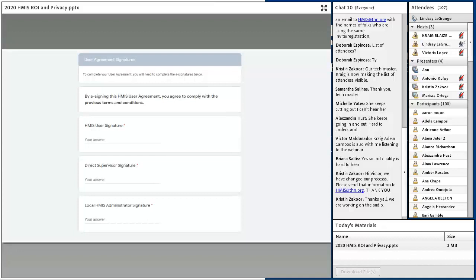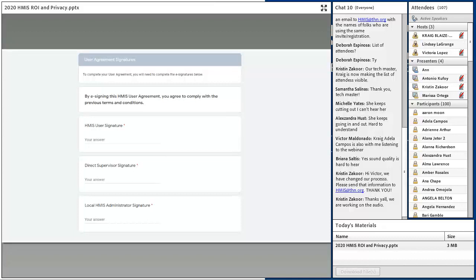Also, because so much has changed on the HMIS user agreement in the last year, we have instituted a new policy which requires that all HMIS users need to re-sign the HMIS user agreement annually, once a year, so that we can make sure that everyone is up to date on all of these changes and updates. This is going to happen every year after the data security webinar, which is what we're doing today. So after today's webinar, I'm going to send out an email to every HMIS user with a link to the HMIS user agreement, which everyone will need to read through and submit, just acknowledging that you're agreeing to all of the new updated HMIS policies.